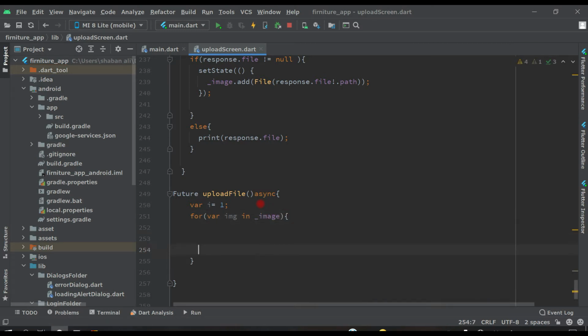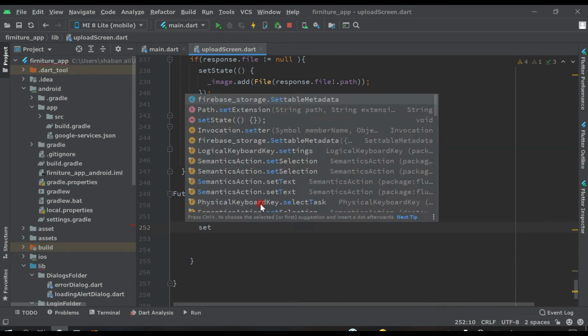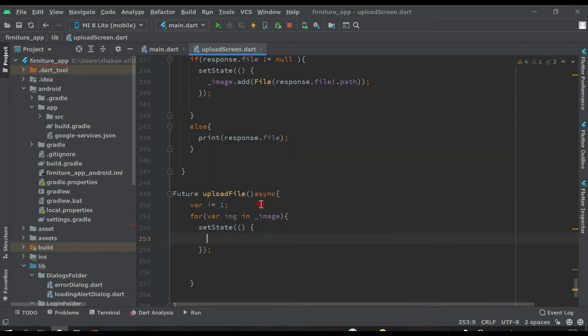And then inside this let's call setState, and inside this let's create val equals to i divided by _image dot length, and put a semicolon. Then after this here let's write ref equals to Firebase storage,